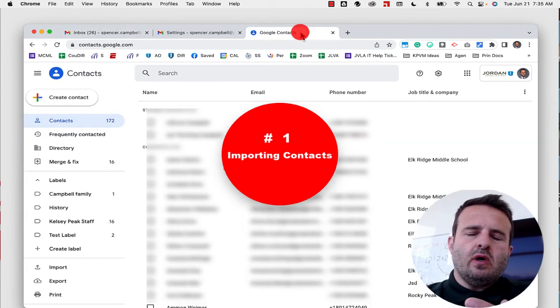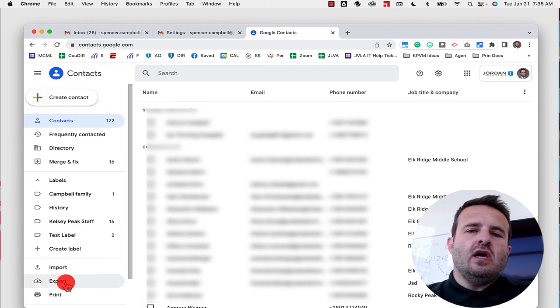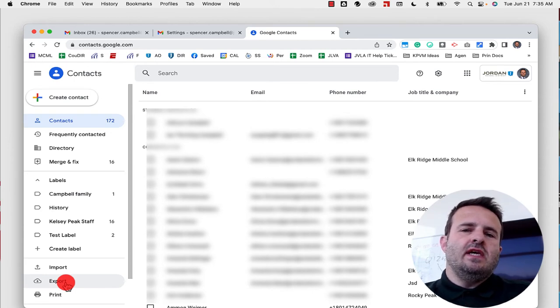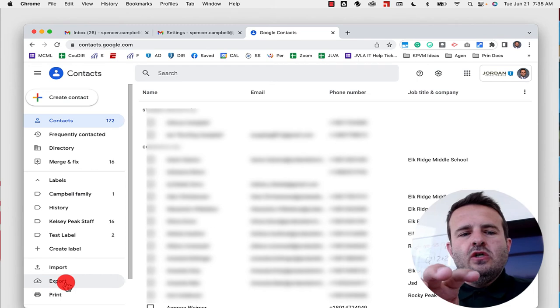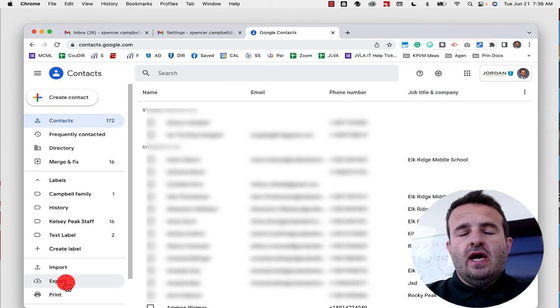You can export and import contacts using Google Contacts. You can see here. My suggestion when you're going to import them is actually to get the right format for your import is to export the current contacts that you have into a CSV file or a spreadsheet. And then when you upload or input the other data from Hotmail, Yahoo, iCloud, whatever emails or contacts that you're going to import, I suggest that you format them the way that Google Contacts is formatted. That way you can actually add job title, company, other items to your contacts when you pull them in to